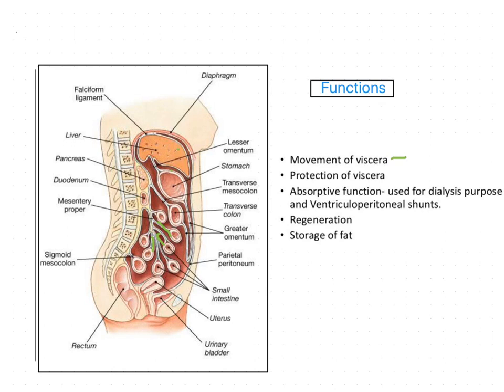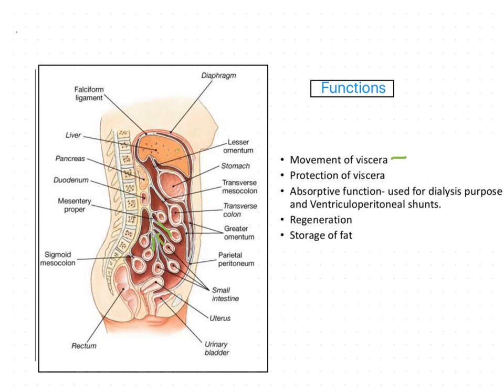The next function is that the peritoneum protects the viscera. How it protects: the peritoneum contains various phagocytic cells which guard against infection. The lymphocytes which are present in the normal peritoneal fluid